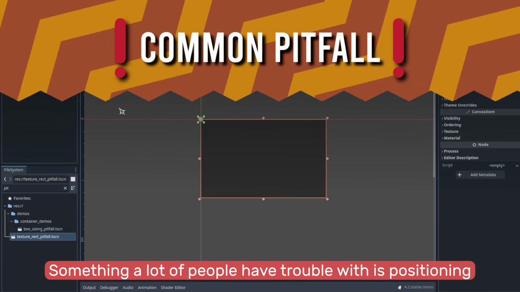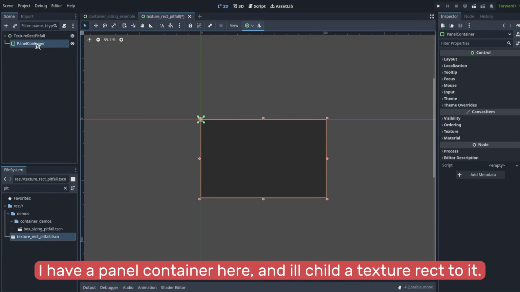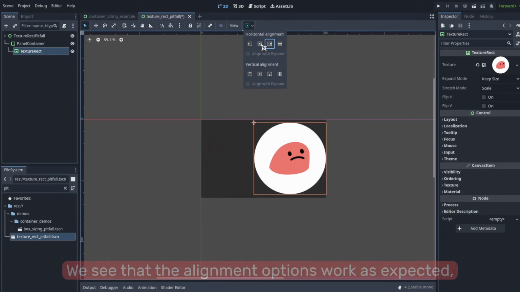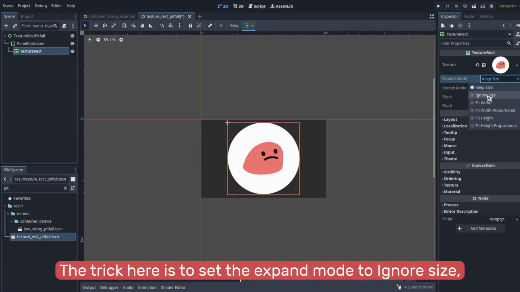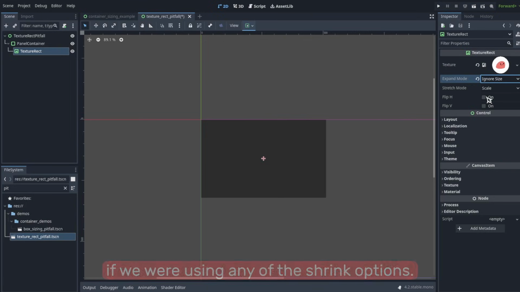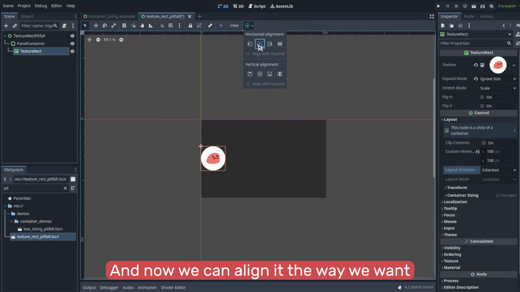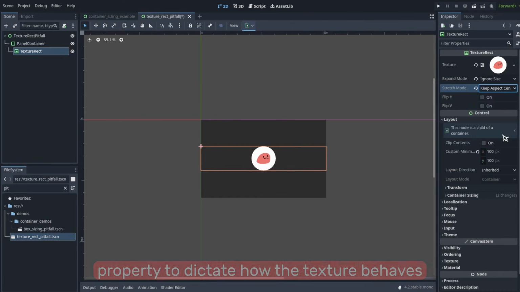Something a lot of people have trouble with is positioning and sizing texture rects inside of containers. If you've had trouble with this before, this will hopefully start to make more sense now. I have a panel container here. I'll child a texture rect to it. We see that the alignment options work as expected, but there doesn't seem to be an obvious way to resize it. The trick here is to set the expand mode to ignore size, which will make our image shrink into itself if we were using any of the shrink options. And then what do? You guessed it, we give it a custom minimum. And now we can align it the way we want. You can also mess with the stretch mode property to dictate how the texture behaves within the bounds of the